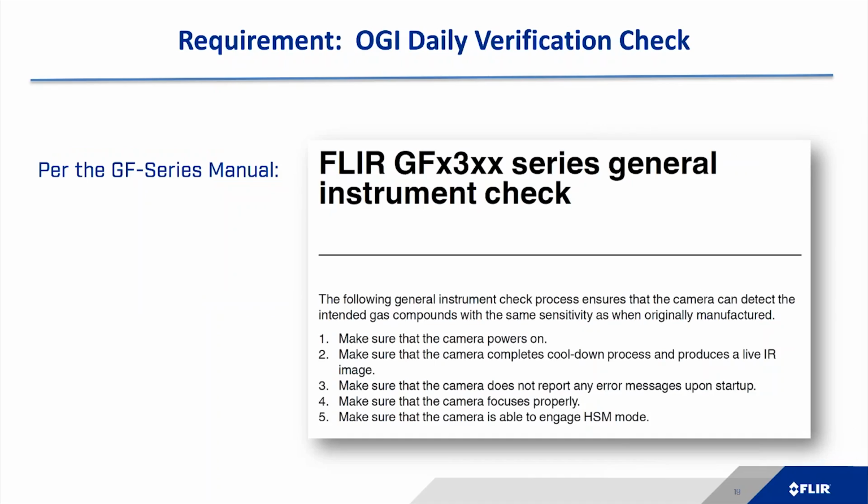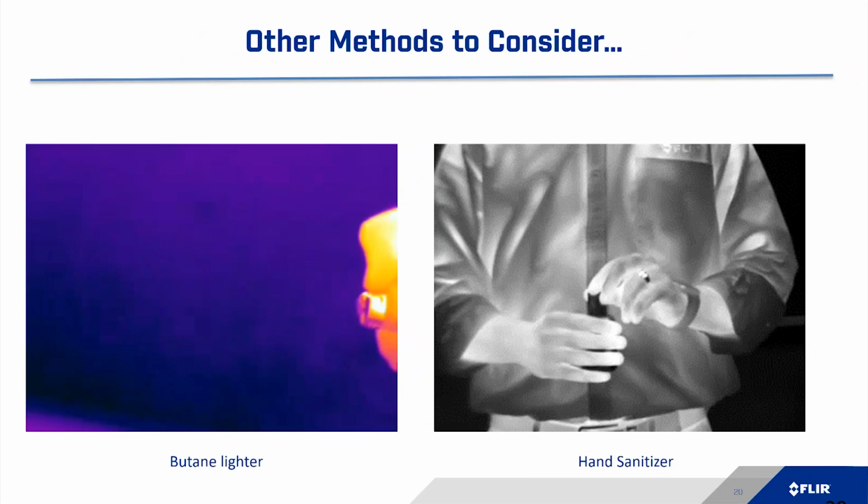Another requirement in the EPA Quad OA regulation is an optical gas imaging daily verification check. We also updated our manual here, because the EPA specifically does not call out a requirement for a gas release when verifying that your optical gas imaging camera is working on a given day. But it does seem reasonable to build into your fugitive emissions monitoring plan a process to make sure your camera is functioning as intended by the manufacturer. So we've built a general instrument check into our manual, a basic 5-step process that, again, does not include a gas release, so that you can do this on a daily basis prior to your inspections